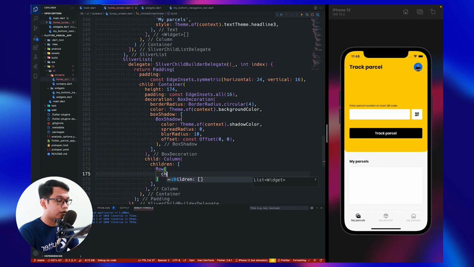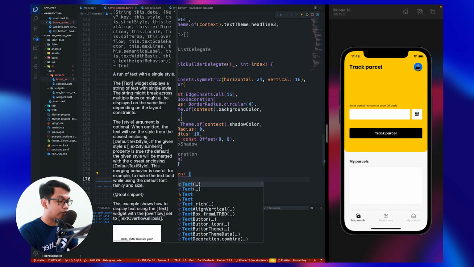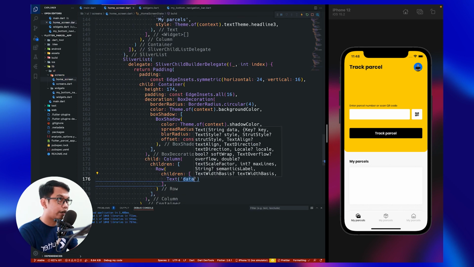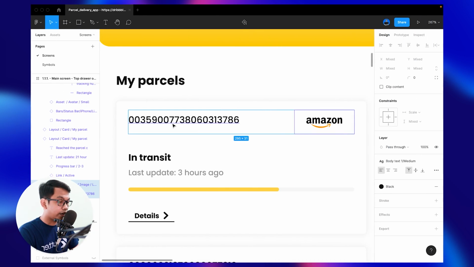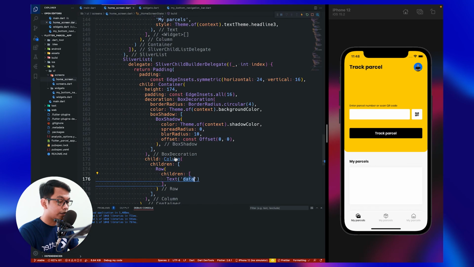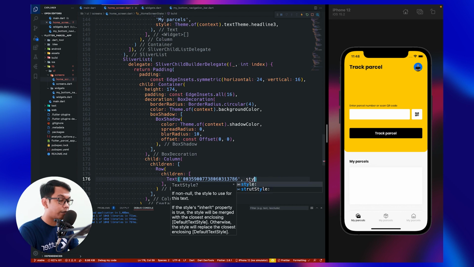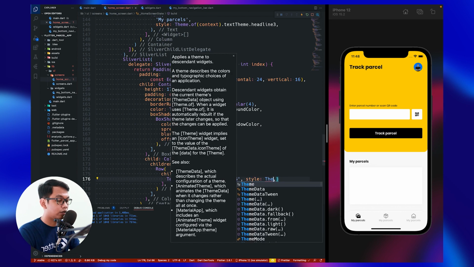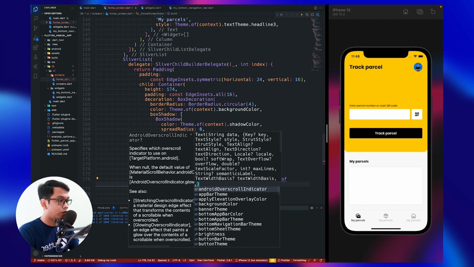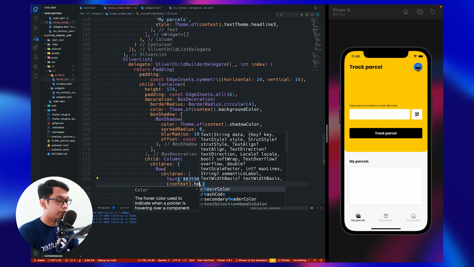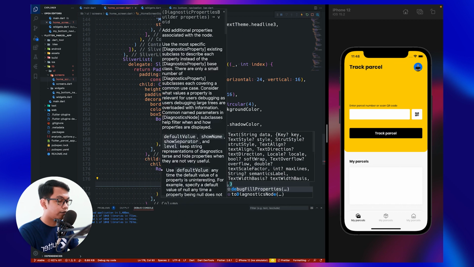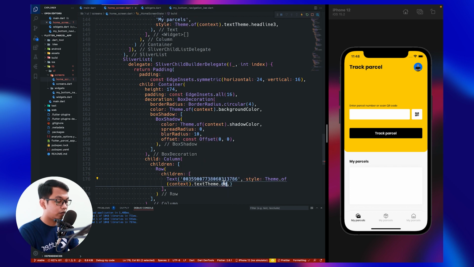And for the children, the first is a text widget, which is kind of like for our track number. And we can copy this and paste here. And for the style, we can call our theme of text theme, headline 5, give a comma here.